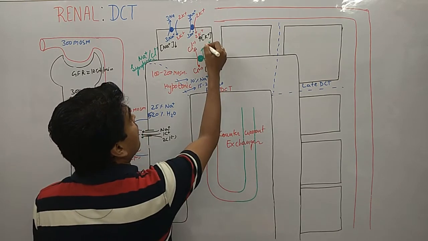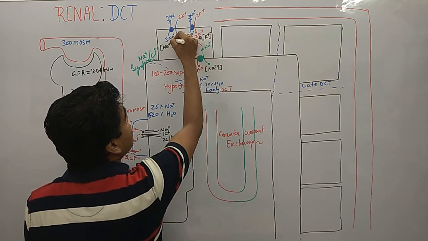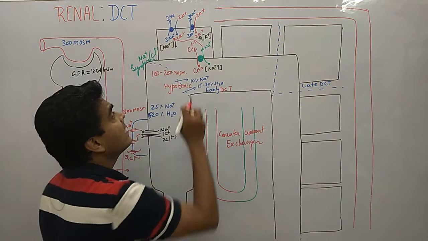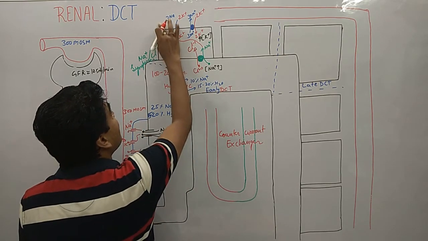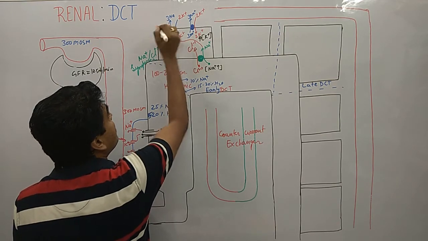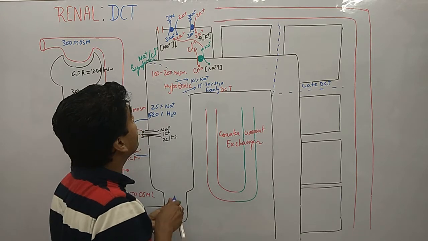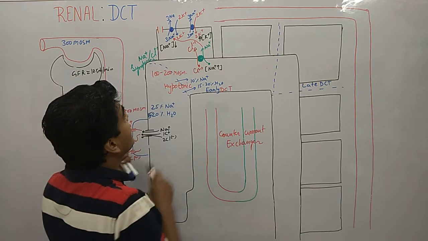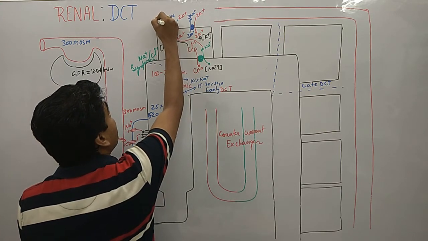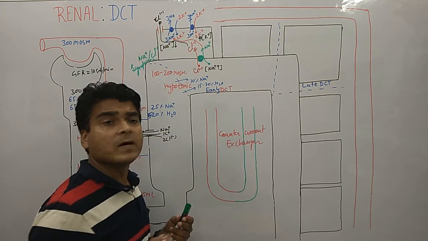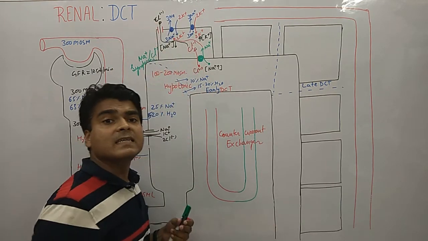Okay, so now what happened with this? Now this sodium will move in this direction, and they move outside. And what happened with the chloride? Now look at here. Here we have a special channel of the chloride ion, for the movement of the chloride ion, and these chloride ions further move through this channel. So this chloride ion is removed from this side and absorbed in the bloodstream.